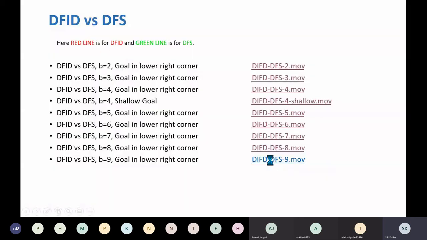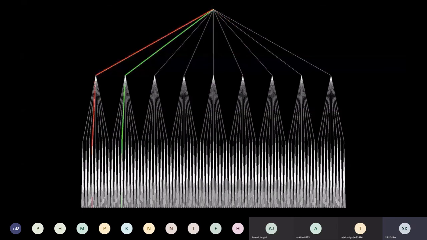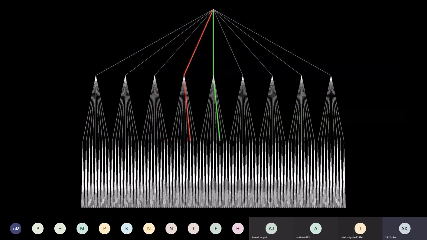For B is equal to 9, that means every node has 9 children. So now since branching factor has increased by 1, it will take a little bit considerable amount of time.